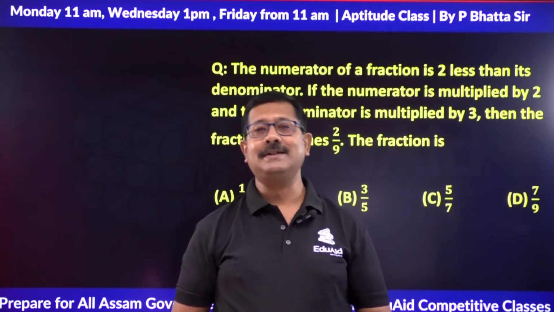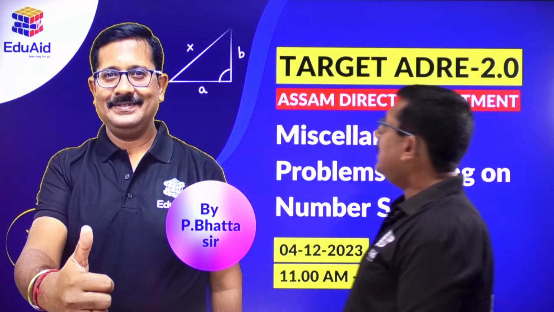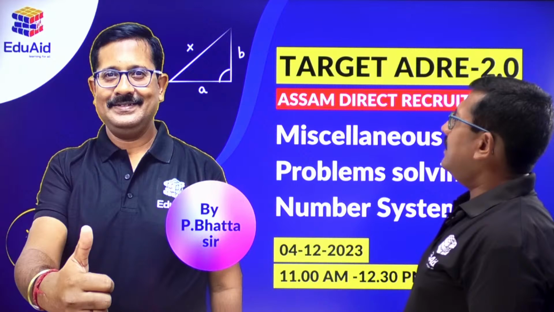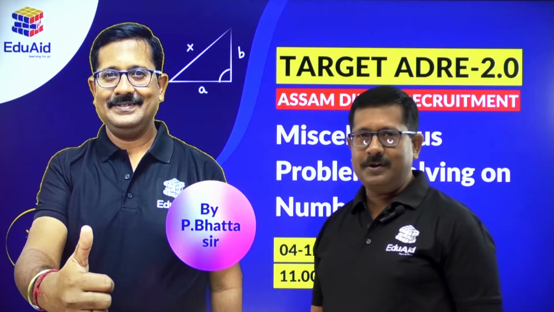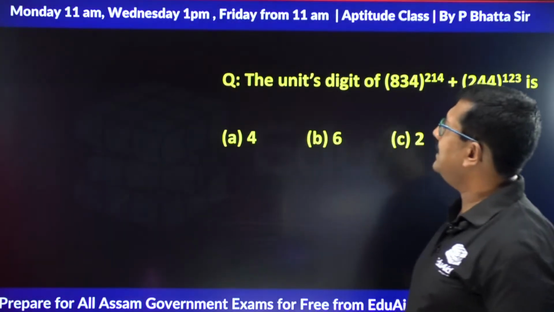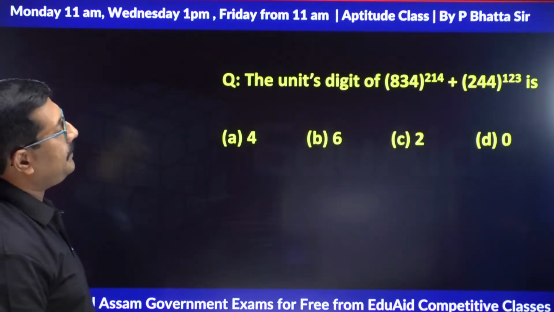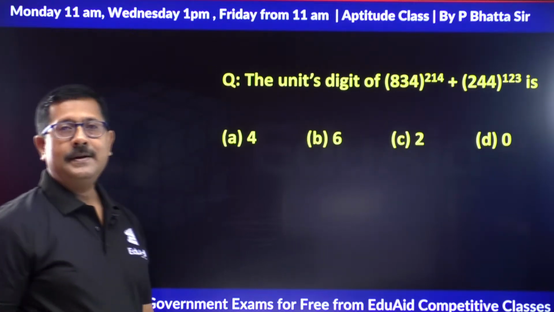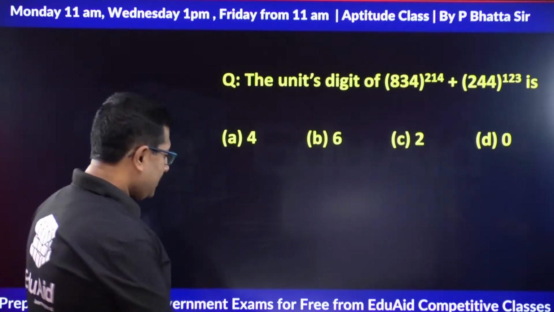So first of all I will discuss some problem solvings on number system. So let's start with the number system. First you read and understand the question, and after that you think about how to solve it. So suppose this is one question. Number one, the units digit of 834 to the power 214 plus 244 to the power 123. So how to solve it within a very small period of time? So you remember that